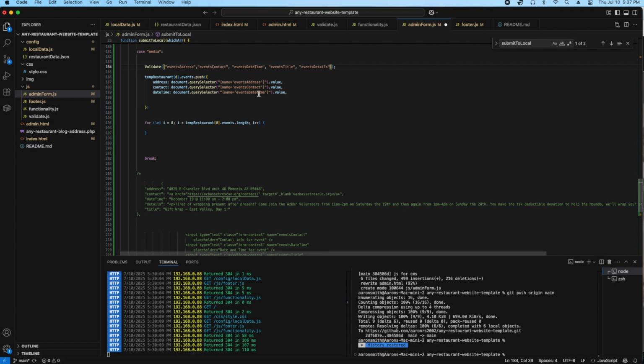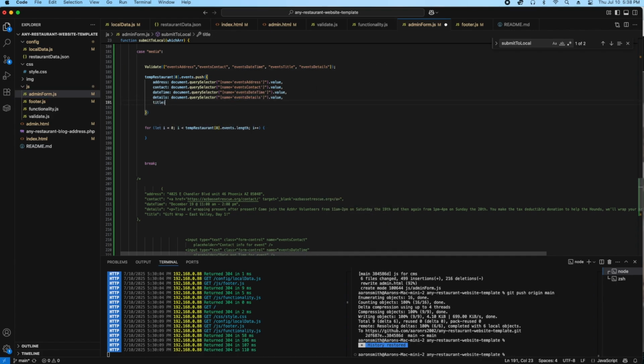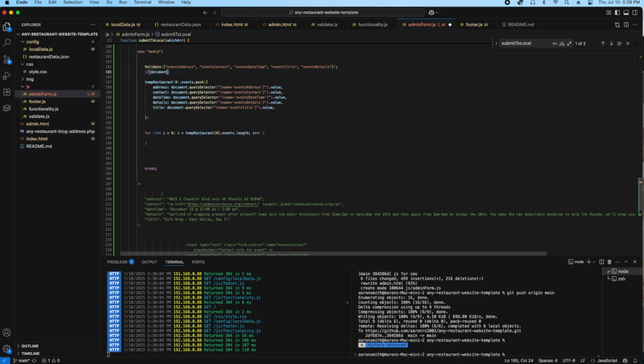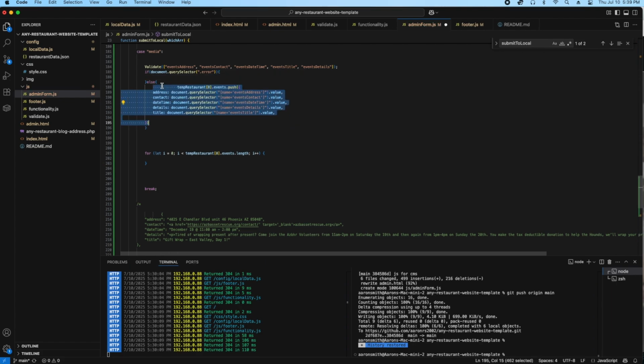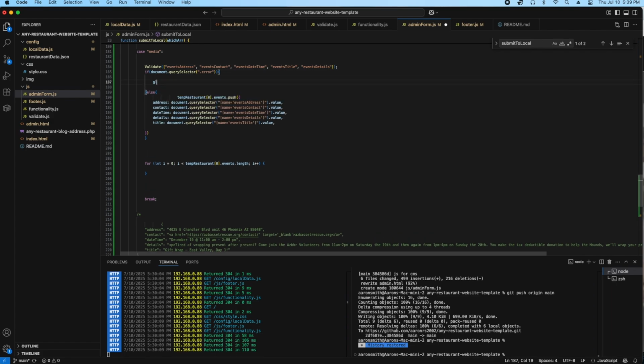So we'll do events address first, contact, date and time, title, and then details. And we'll validate all those in that order. And then from there, we'll find out if there was an error, and if so, we'll stop everything. If not, we'll push. And if there is one, we'll do our standard global alert